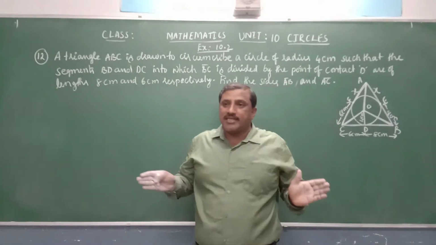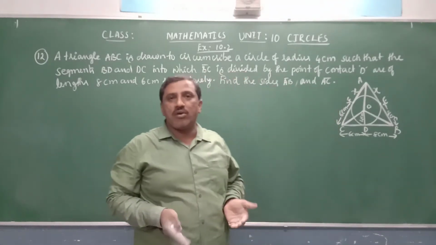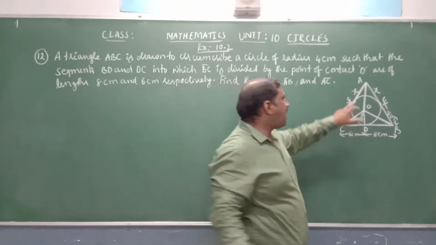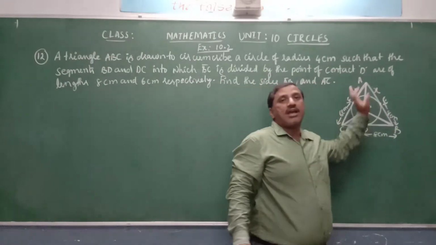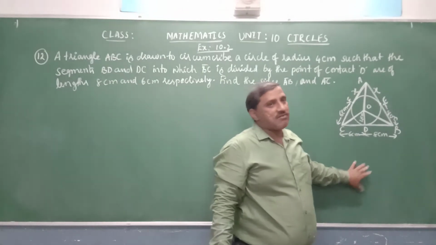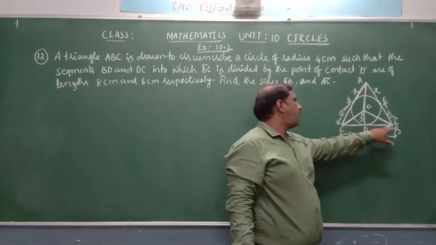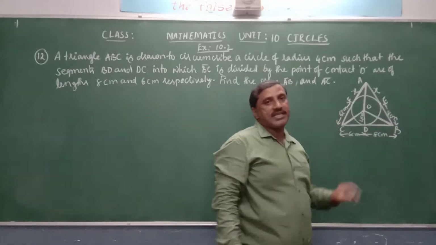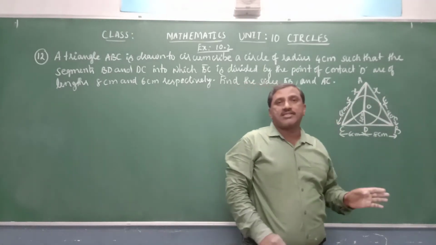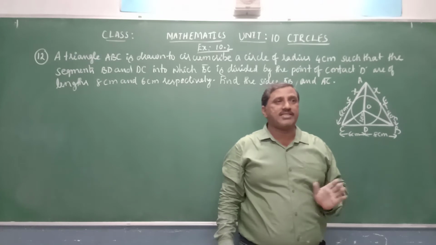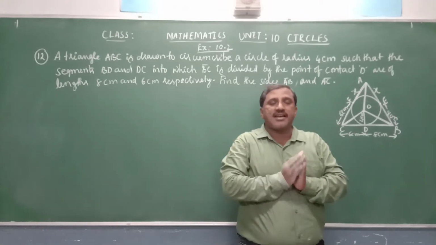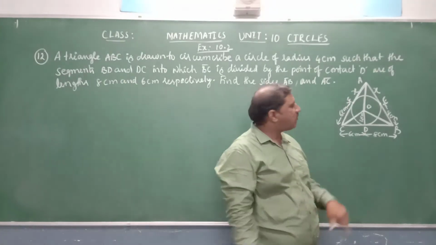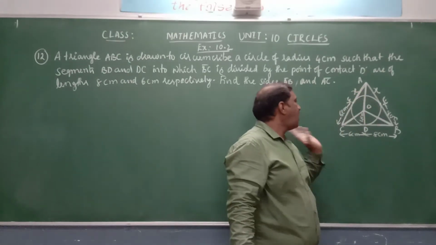So when the lengths of the three sides are known, we can find the area by using Heron's formula. So find the area of triangle ABC using Heron's formula. Find the areas of triangles BOC, AOB and AOC by using the concept of half into base into height. Both areas are equal, so we equate them. We can find the x value, so that we can find AB and we can find AC.